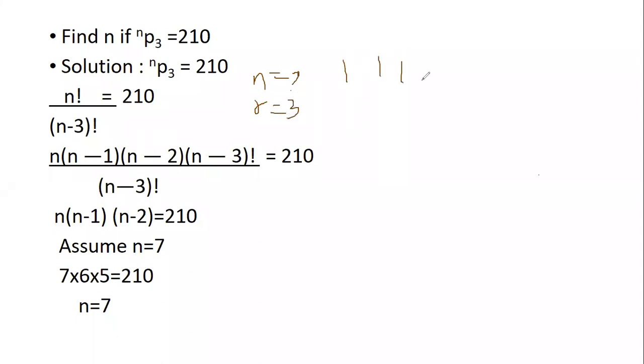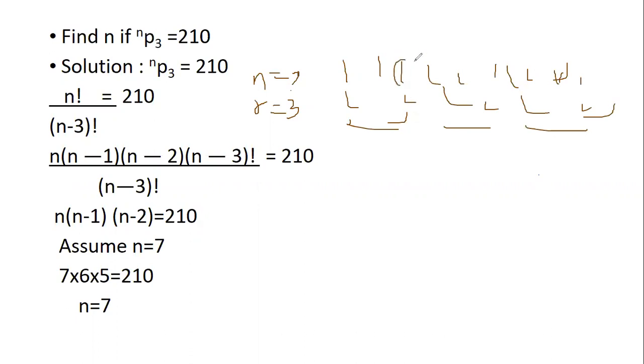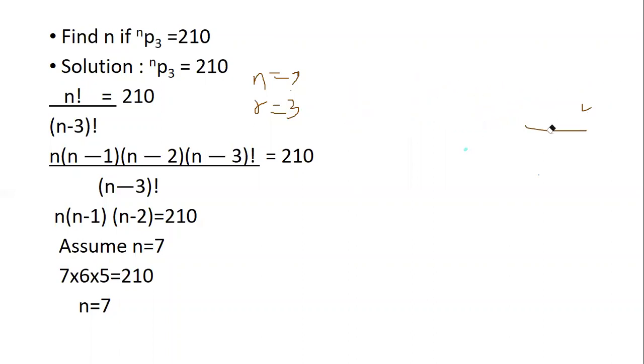So there are n number of things which are present, but out of n number of things, we are supposed to only consider 3 of them. So how many number of ways can we select 3 of them? Are you all able to understand? Are you all able to follow? Okay.